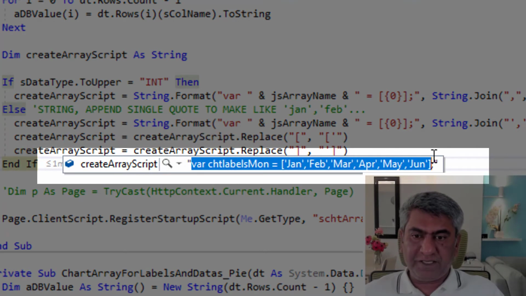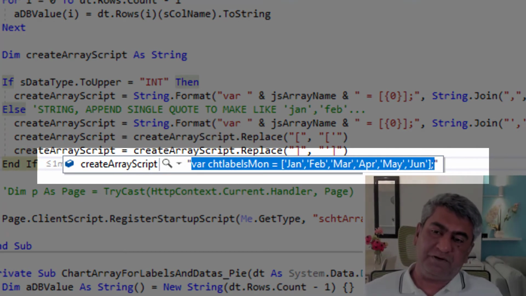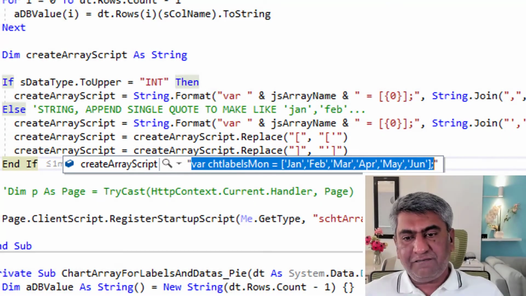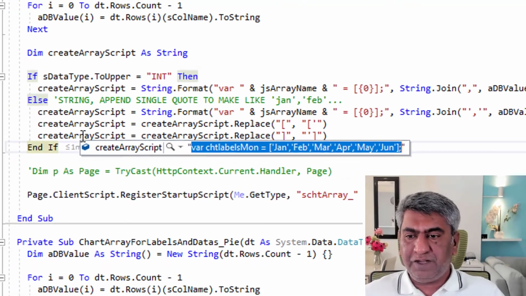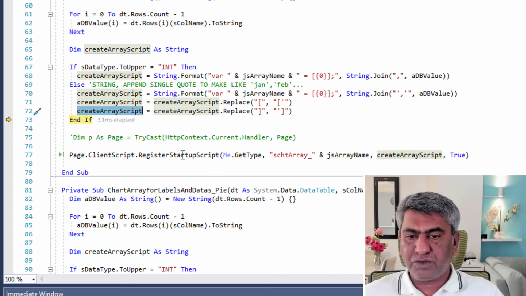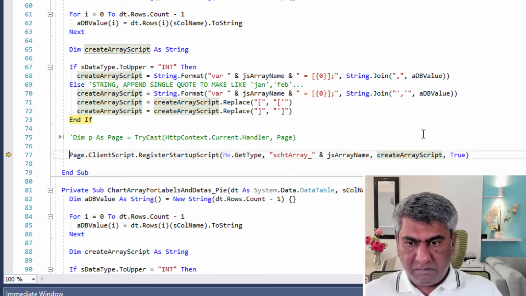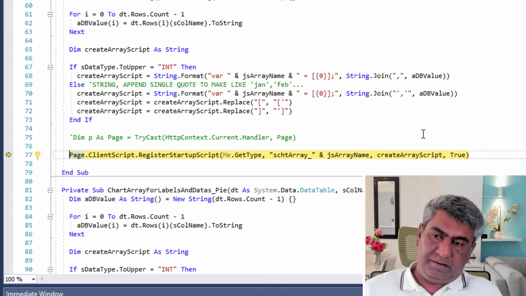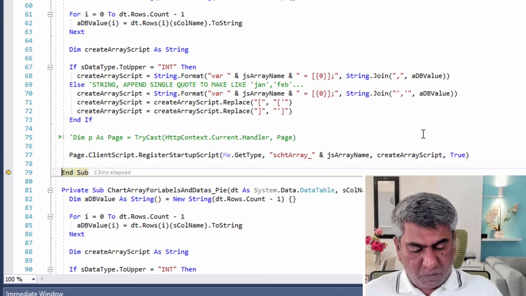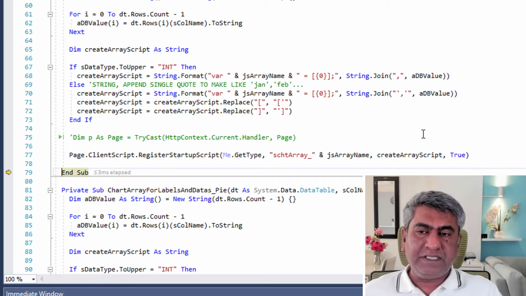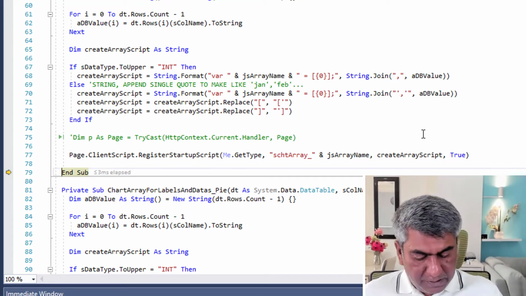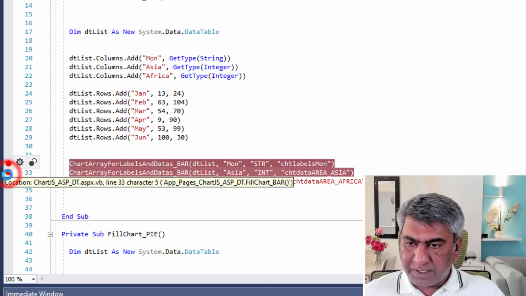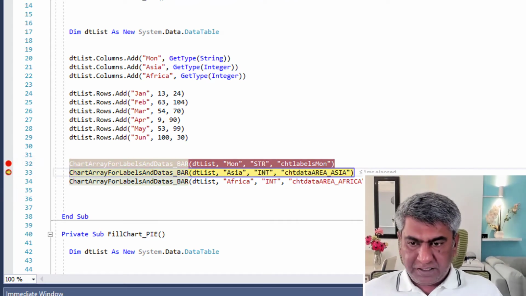So this looks perfect. Not looks, this is a perfect JavaScript array definition. Once we have kept this definition in our variable, we are going to register it here, so it will be used on the page as a real JavaScript array. So this is what we have done once. Now let's see once more about the data. That is also important to understand. So here, let me break here. So after this, it will come here, right? So I press F5, it comes here.